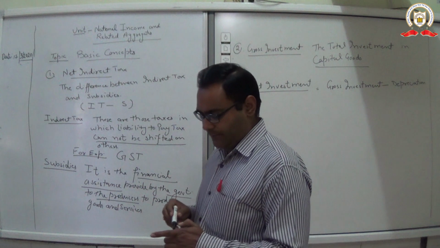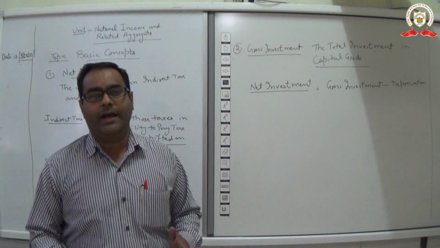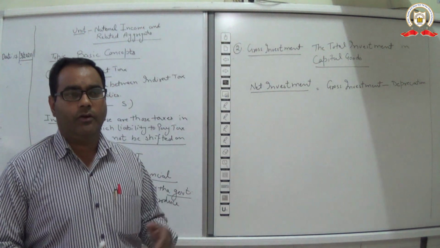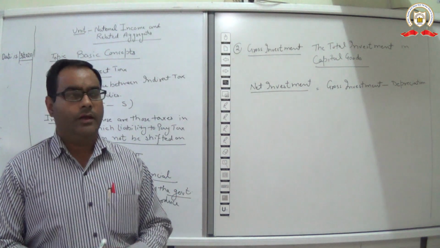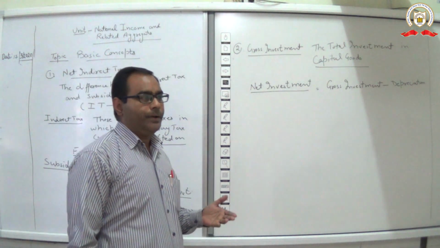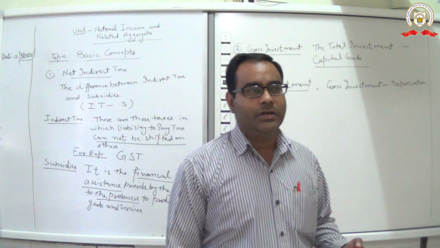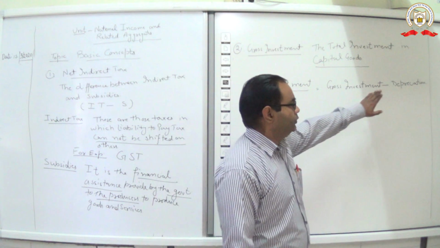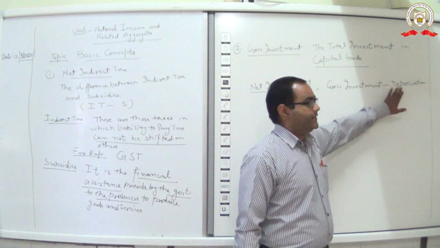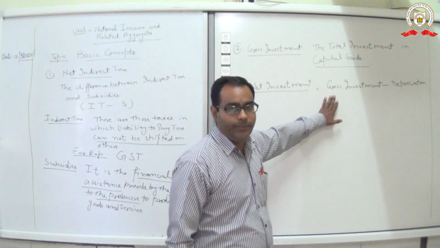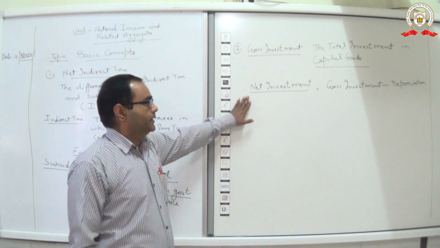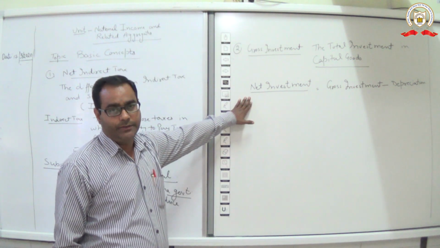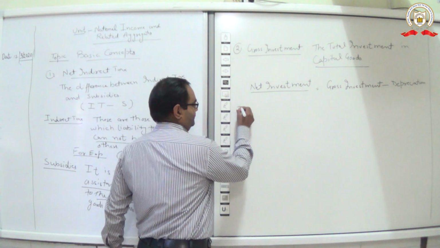Suppose I have invested today 1 lakh rupees on purchasing a machine. Now after 10 years the price of the machine will reduce. So in that case, if I subtract the amount of depreciation from that 1 lakh rupees, we get net investment. For example,